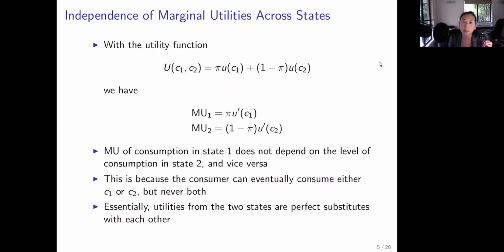But because there is a certain probability that you will end up with C1 or you will end up with C2, we define what we call the expected utility function, or the von Neumann-Morgenstern VNM utility function, as the probability that state 1 occurs multiplied by the utility value of the wealth from state 1, plus the probability that state 2 will occur multiplied by the utility value of wealth if you are in state 2. Okay,